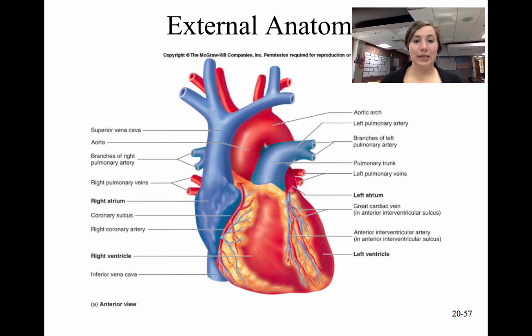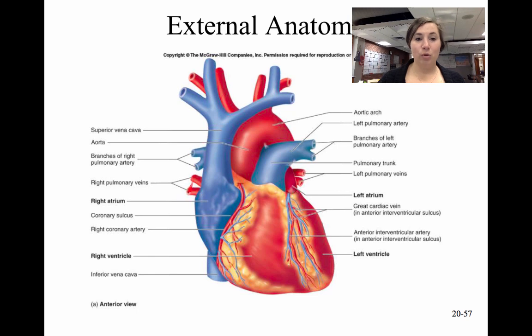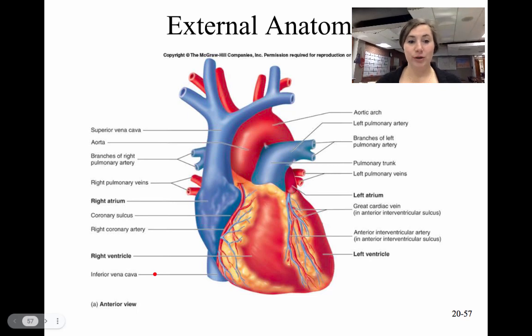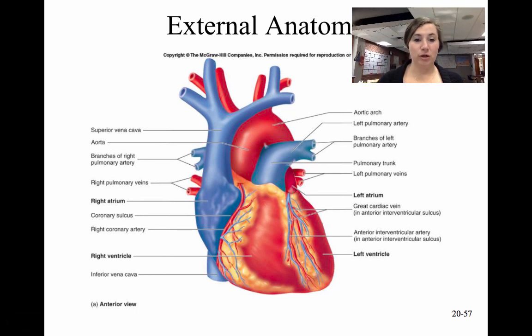So here's a look at the external anatomy. We can see here's the superior and inferior vena cava. Here you can see the right pulmonary vein and the left pulmonary vein. Here's our pulmonary trunk, and then it branches into the left and right pulmonary arteries. You do not have to know the name of the different coronary arteries, but just that there's the coronary arteries and coronary veins. You do need to know the coronary sulcus,